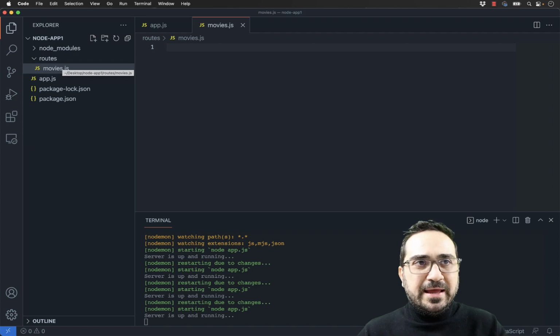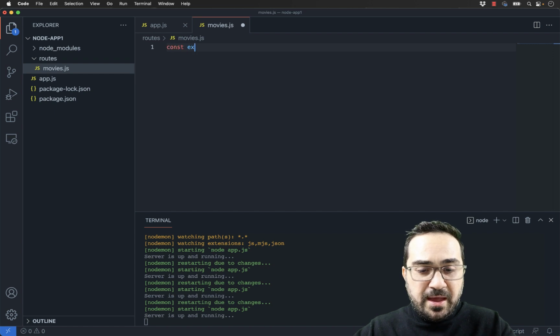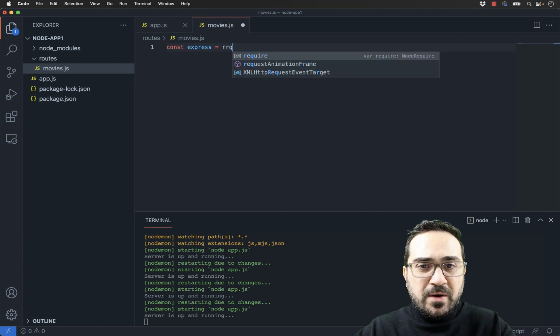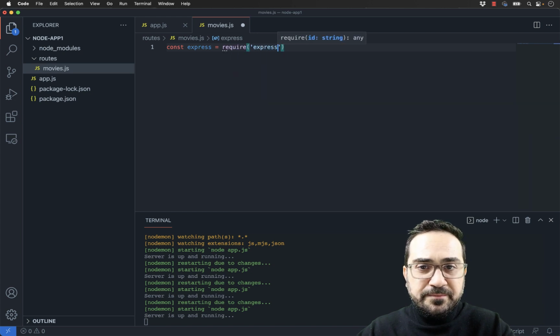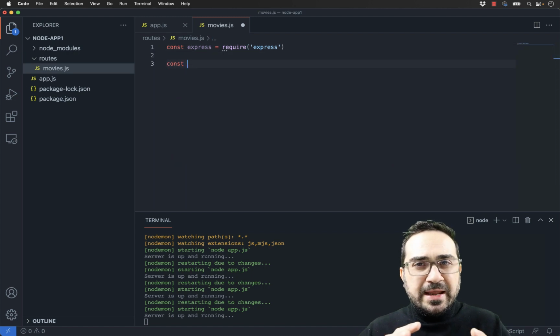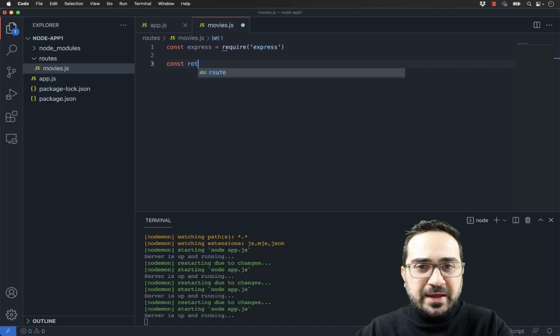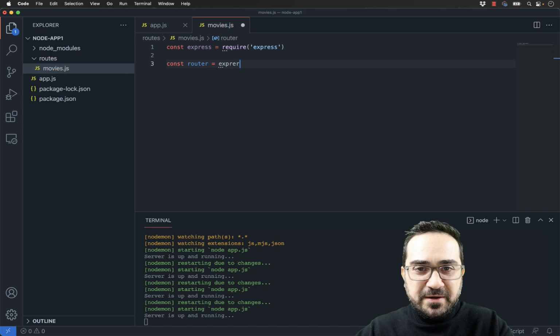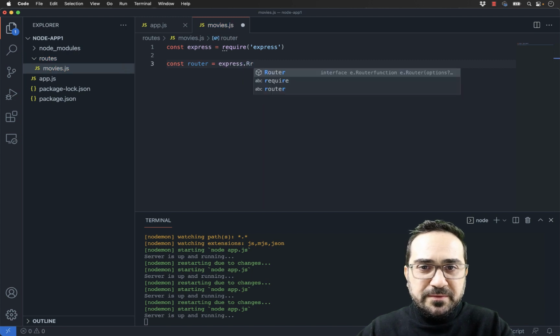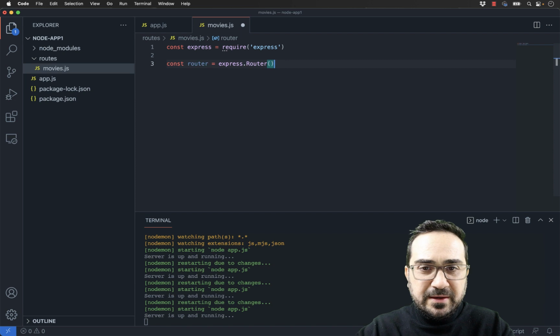So I created my file and now I will create a route. Again, what I have to do is I have to say, this is an Express application, so I require the Express package. And this is not an application. Now this movie is a route, so this is actually a router to something, so somehow requests will be redirected to this movies file, and this also is an Express router, so you can just type router here and it should be fine.